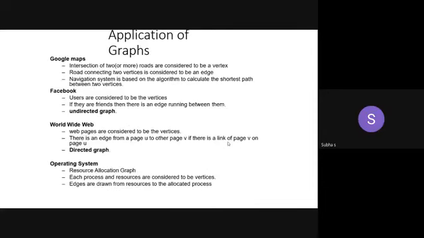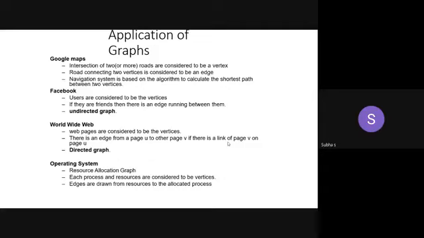These are the practical applications. Let's have a quick recap, then we move on to the problem, Prim's algorithm. You have to remember these points hereafter, because we are using all these things in our day-to-day life. Without the World Wide Web, without Google Maps, without Facebook, many of us are not doing anything at all. In all these applications, we are using graphs. In Google Maps, the intersection of two roads we can consider as a vertex, and the road connecting the two vertices is a path, that is considered as the edge.